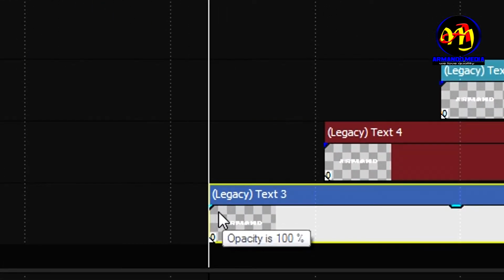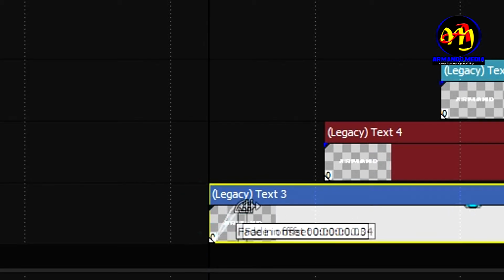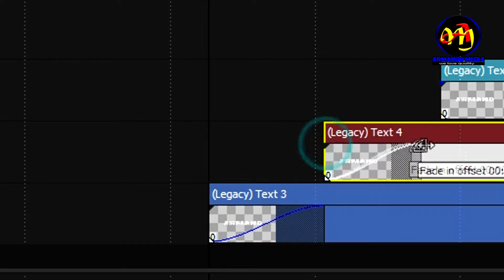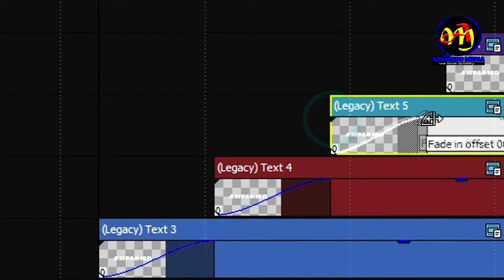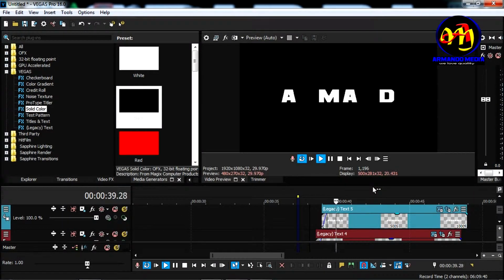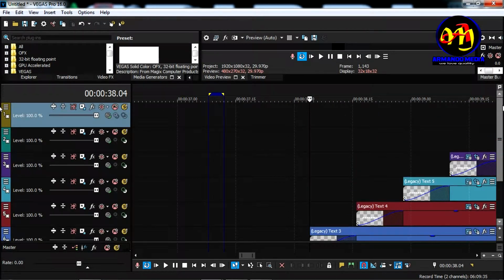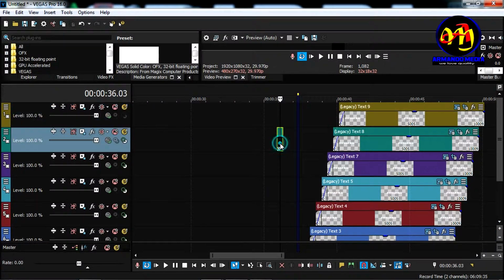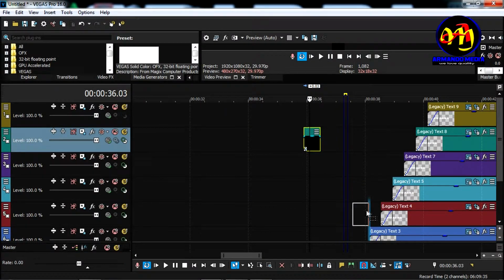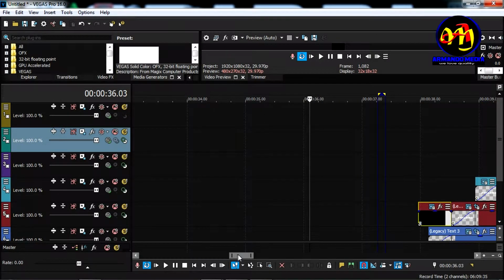Next, add a fading transition to your text, just like this. Make it touch the beginning of the other text, this way, this way. So if I play back like this, you see that the fading is too fast, the text is too fast, so you can increase the distance between these texts by either increasing this maybe to this amount, position it back like this,